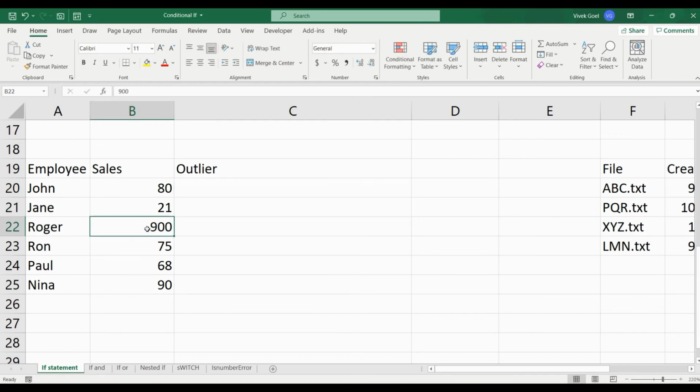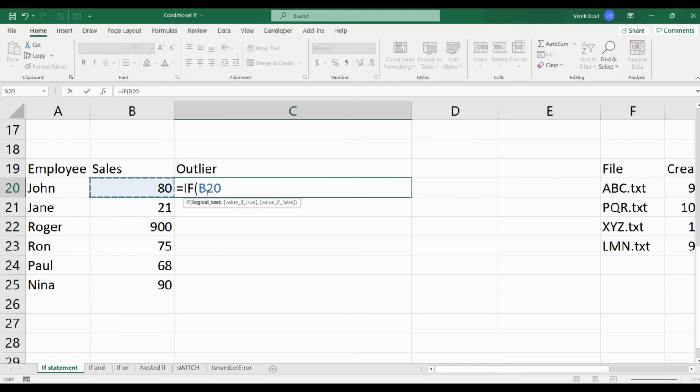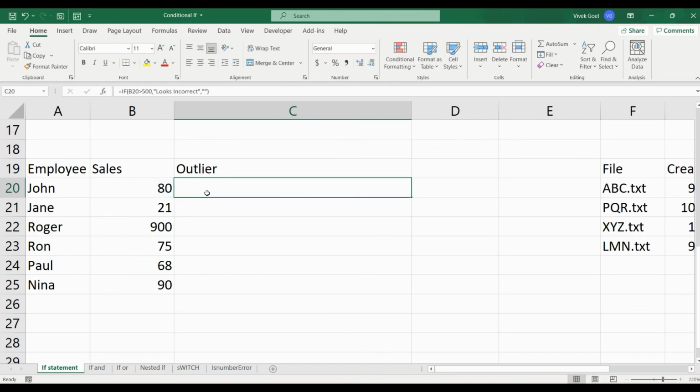Anything beyond that is either a typing mistake or a fraudulent entry. So let's add a condition to check if the value is greater than 500, it will display "looks incorrect". And if it is less than 500, we will keep it blank. This will help us identify any cells that may have potentially incorrect values.